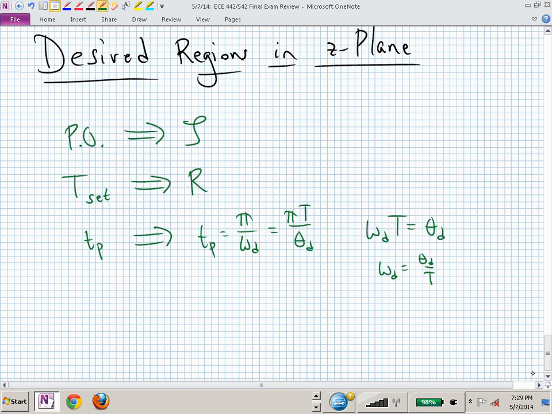Or you might have found a transfer function that you now identified as the closed loop transfer function, and now you're asked, what's the settling time? What's the peak time? What's the percent overshoot if this was an ideal second order system? So think back about those different conditions. If you now have, for example,